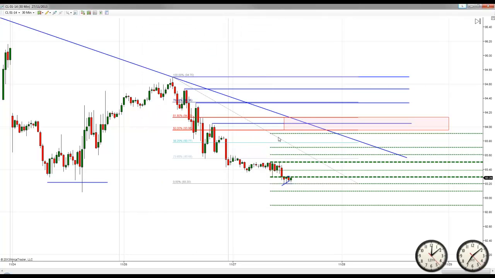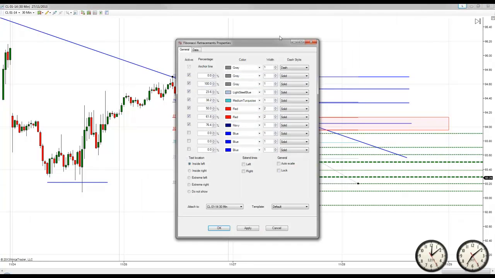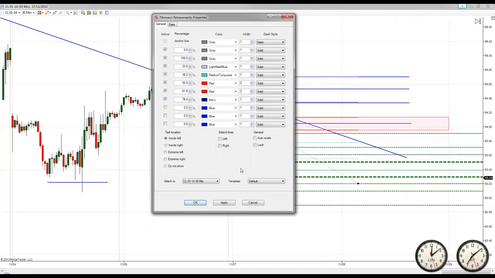Now there's another way you can use this. Watch this. This is sometimes the way I use this. I've saved a different template. In fact, let's save a different template. What we're going to do now is take all the other lines off. So we're going to do the 100% off, we're going to take the 23% off, we're going to take the 76% off. All I want to see now is the 38 and the 50% key lines. Now you have to leave the 0 line on,